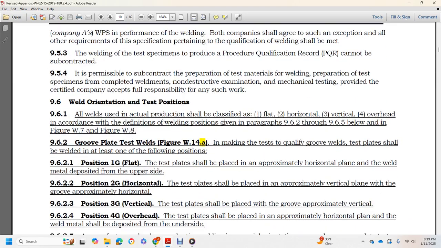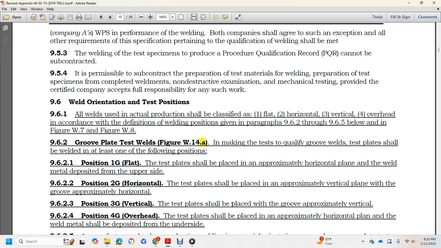Welded orientation and test positions. All welds used for actual production shall be classified as 1 flat, 2 horizontal, 3 vertical, and 4 overhead, in accordance with the definitions of welding positions in paragraphs 9.6.2 through 9.6.5 below and in figures W7 and W8. Groove plate test welds, figure 14A. In making the test groove weld, a qualifying groove weld test plate shall be welded in at least one of the following